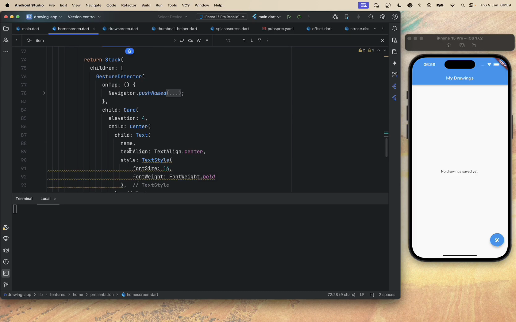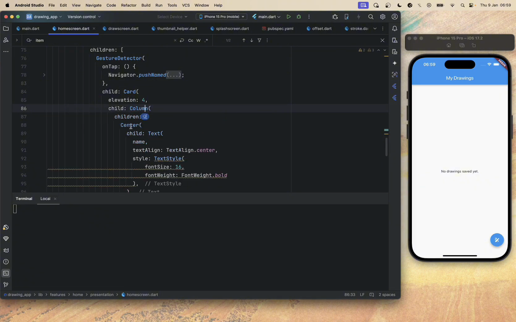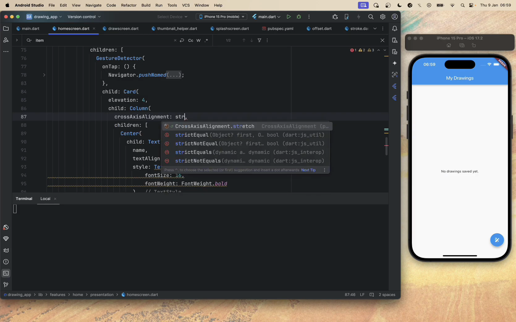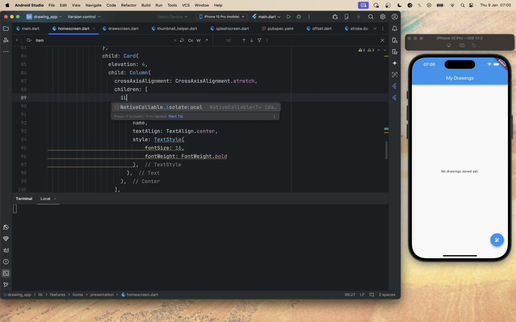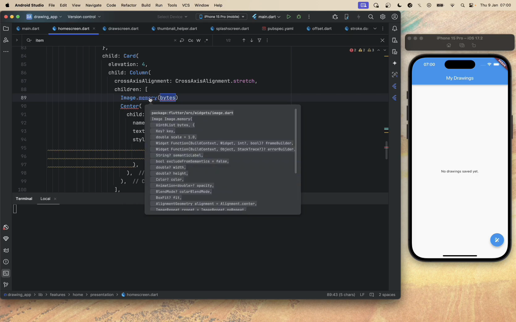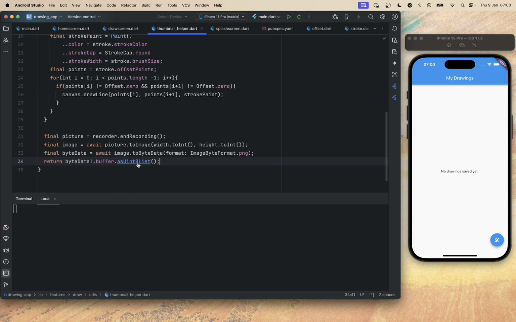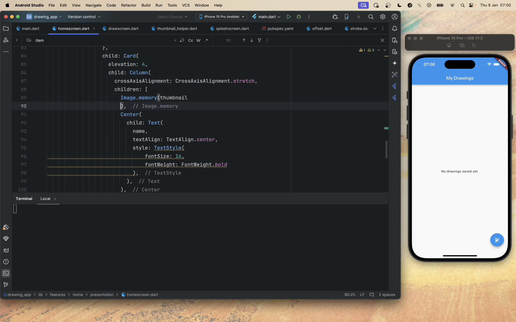And now let's make some modification just there. I'm just going to replace the card that we got previously. Let me just try to wrap this. Okay, so we are just going to have to create the image, and for this image we are just going to use Image.memory. The reason is Image.memory is going to take a parameter like a Uint8List, and this is the return that we are just going to get from the generate thumbnail. So yeah, inside this one we should just display our thumbnail like this,